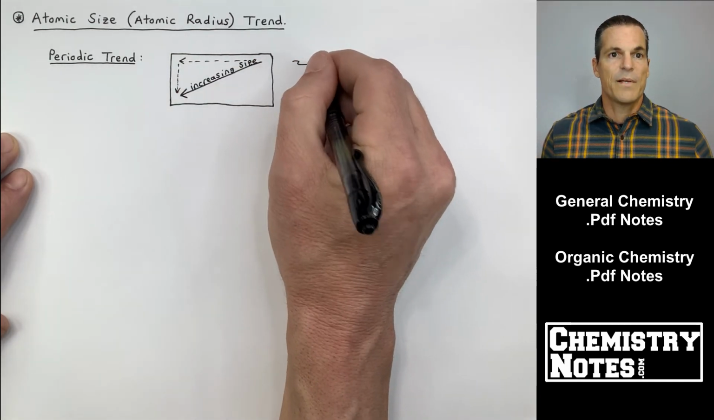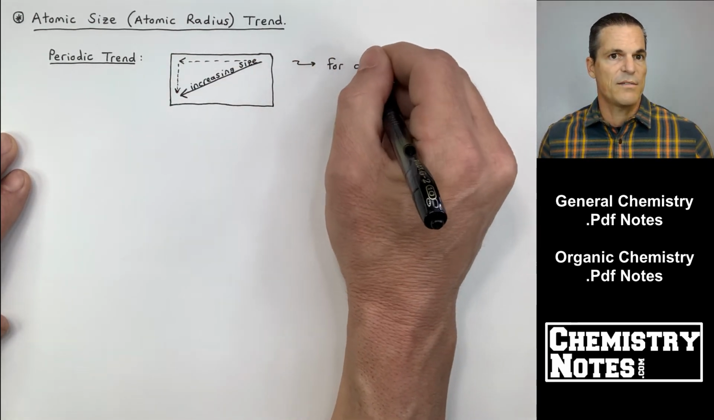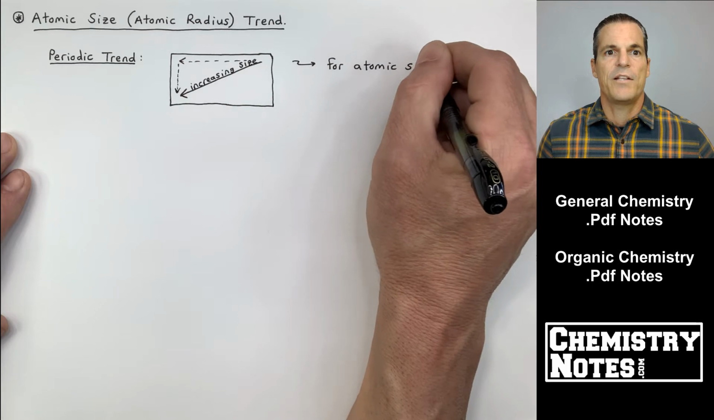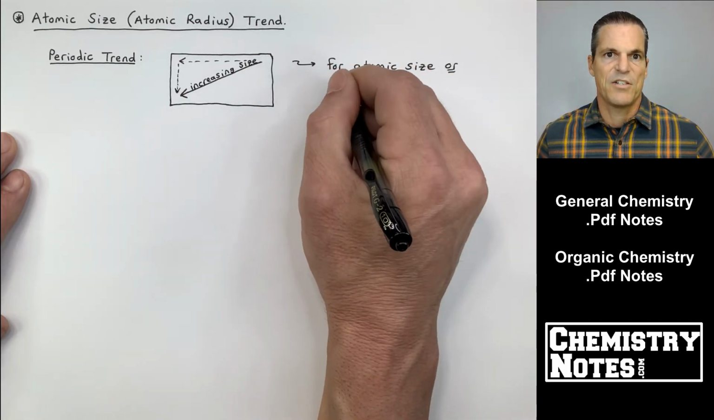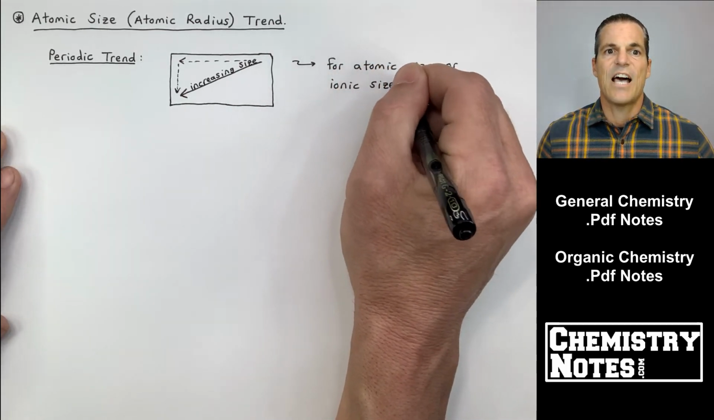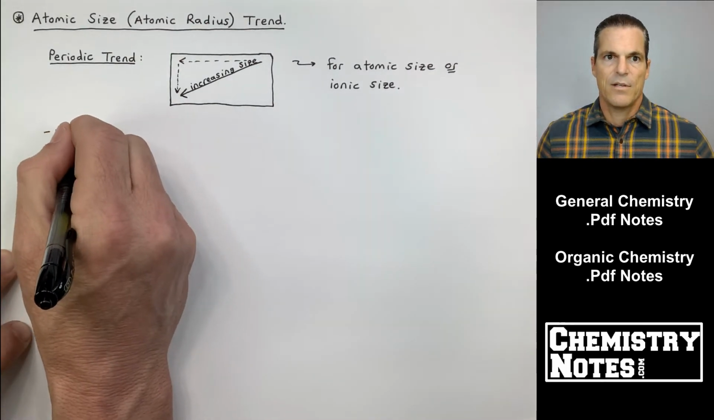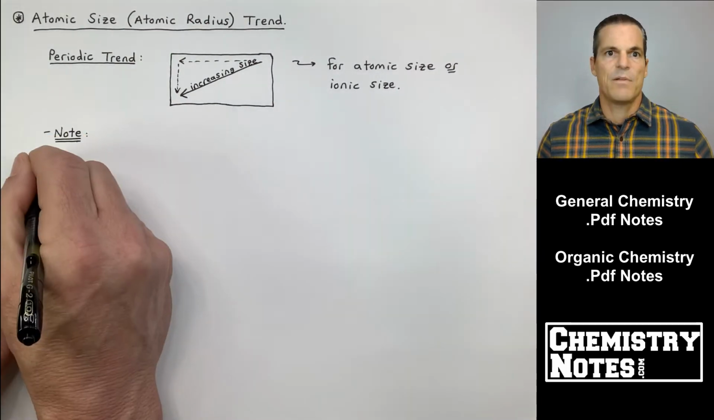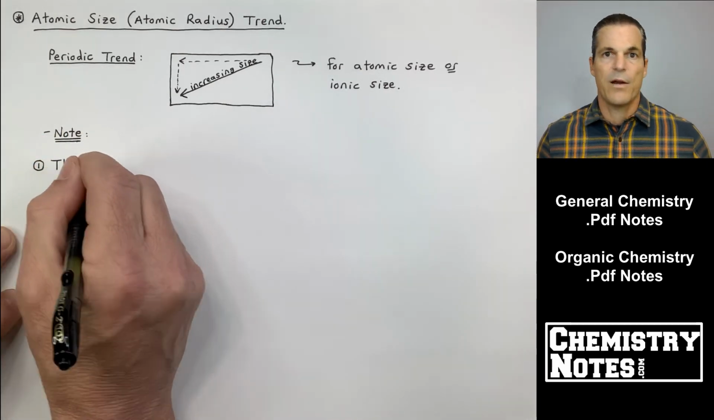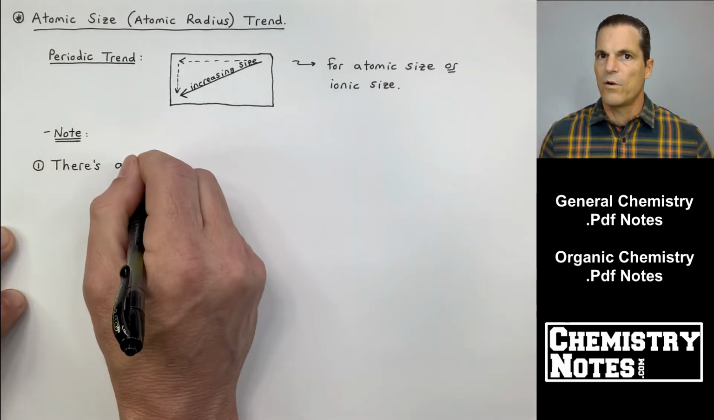All right, atomic size or atomic radius trend. Periodic trend is the exact opposite of ionization energy. Size increases from top right down to bottom left. So things like cesium and francium are very large. Barium is also very large. Fluorine and